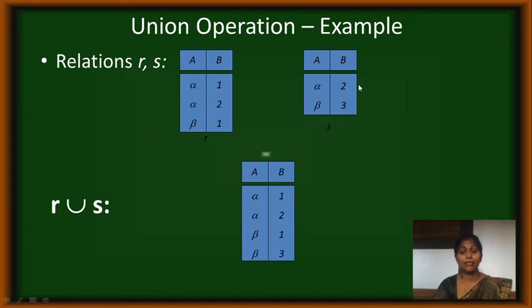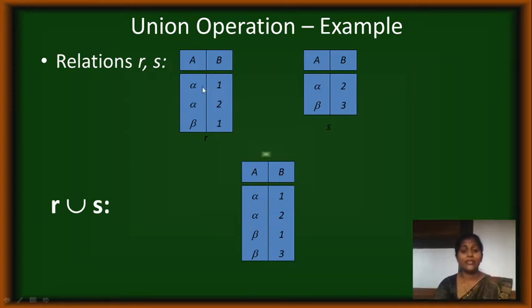Values in S: alpha 2, beta 3. If I perform the union operation R union S, what does it do? See, both the column names are the same. Yes, both column names must be the same to perform the union operation.